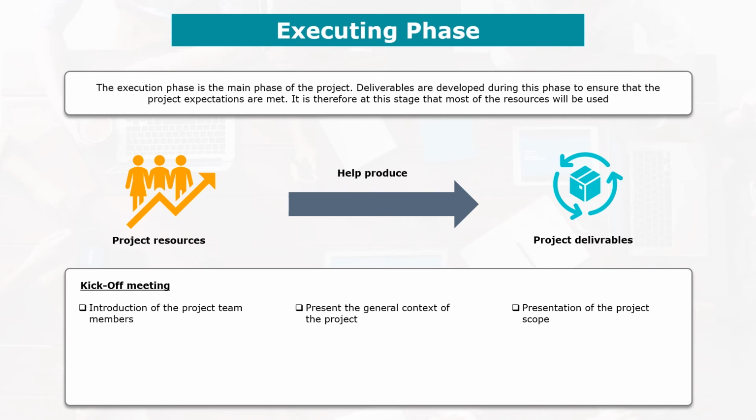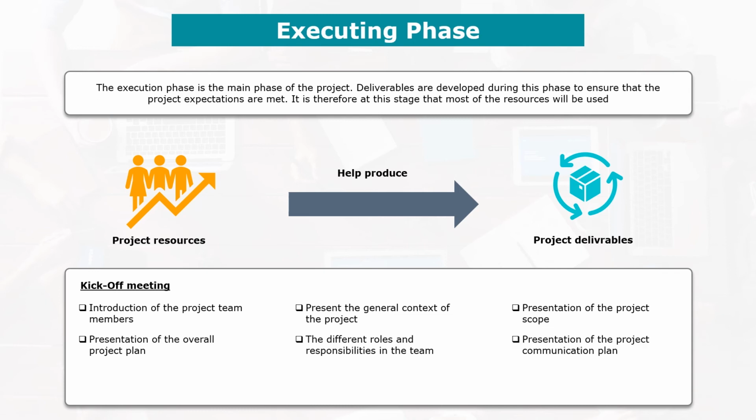In the kickoff meeting, the project manager would also have to talk about the project plan. In this part, you as a project manager are going to explain how you are going to get the project done from start to finish. Or basically, you will have to present the roadmap of the project. You are going to talk about roles, make it clear who is responsible for which element or which activity of the project. You also have to touch on the point of communication, talking about the different communication channels you will use throughout the project, what kind of meetings or progress reports the project team should expect.